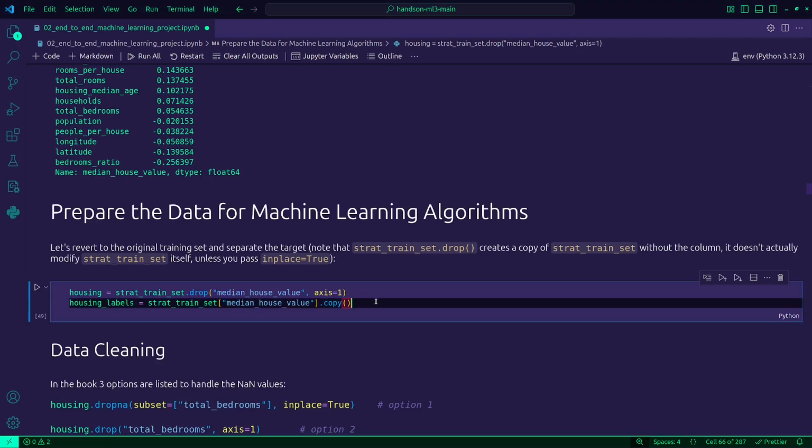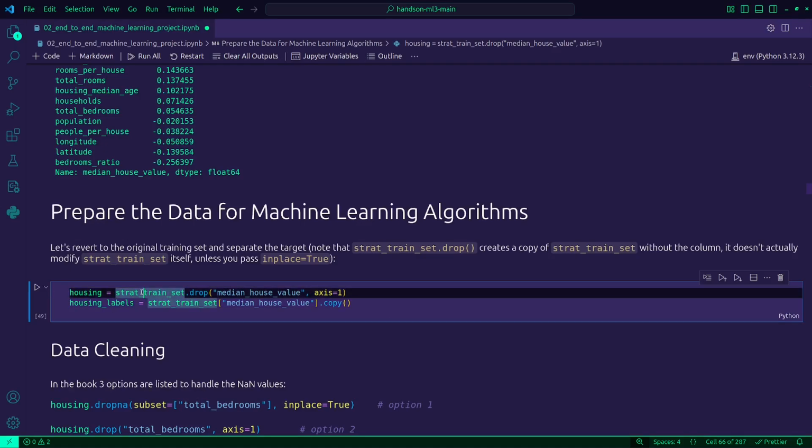Okay. Before I continue, I'm just gonna glimpse over these two commands. So we are splitting our dataset into housing and housing labels. Housing is a data frame that will contain only the features or the predictors, everything except median house value.